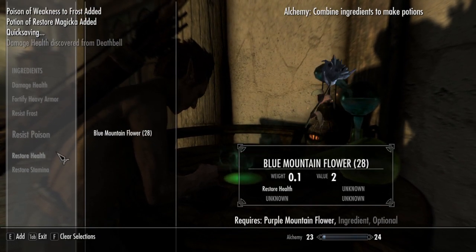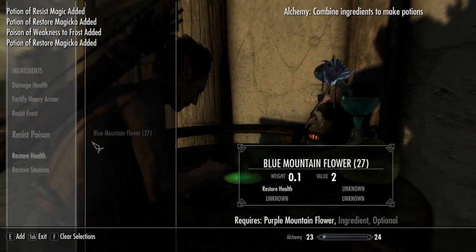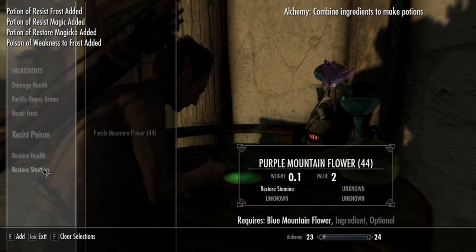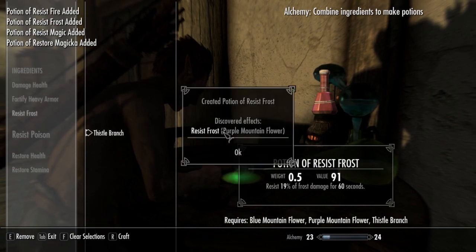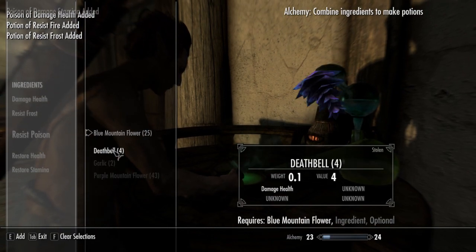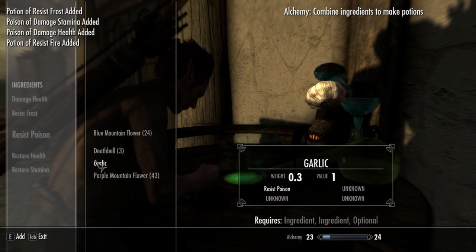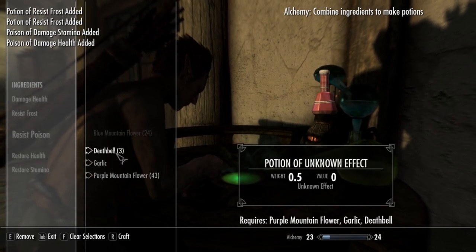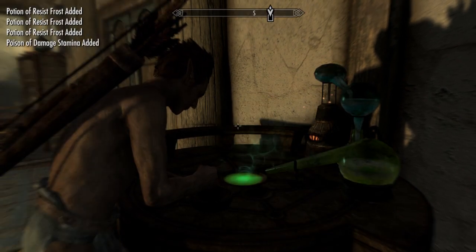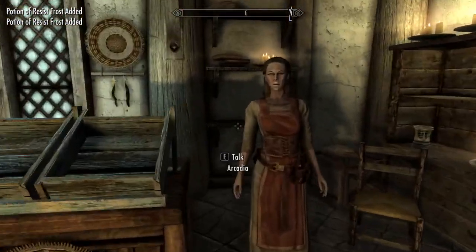Purple mountain, blue mountain, nothing. Purple mountain, blue mountain, garlic, nothing. Blue and purple and this frost. Cool. Only 3, so I mean you can kind of work your way through this. And then as soon as you realize you're not getting anywhere, call it quits. But